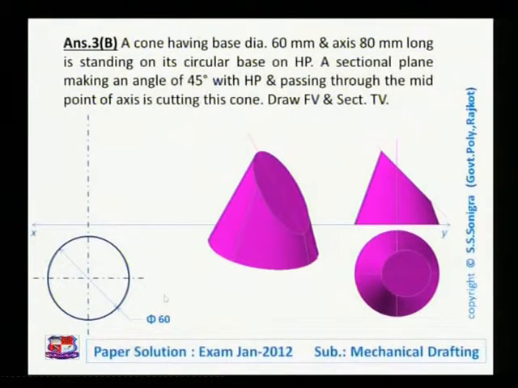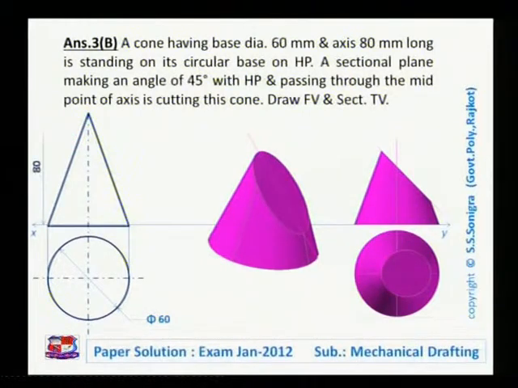After that, draw its axes, vertical axis and horizontal axis. Then from these two end points, draw projection lines like this. These two projection lines will cut the XY line at two points, and from those two points draw a triangle such that its height is equal to 80 mm. So on this axis, put a point which is at a distance of 80 mm from the XY line. After drawing this triangle, this view shows the first three lines of the given problem.